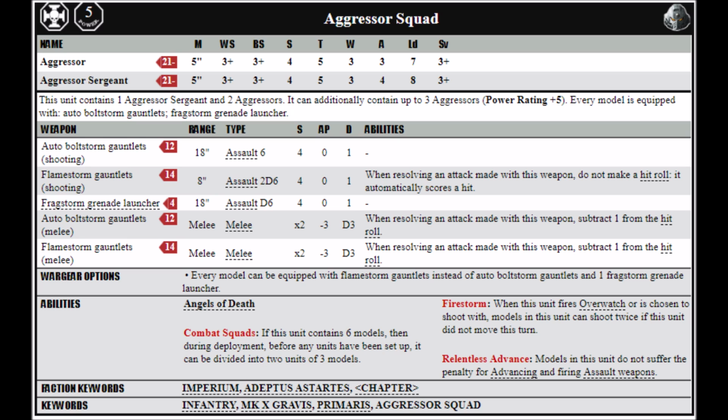occasions in the game where you're just not going to be in range of anything because of your flamers over the Boltstorms, or perhaps just not in range of the thing that you actually want to shoot, so you're forced to shoot something right up close that you might have charged anyway, rather than using the Boltstorm Gauntlets on something further away and then wrecking the nearby target in close combat. For me, the Flamestorm Gauntlets just really don't work for them at the moment, and the only place that I'd